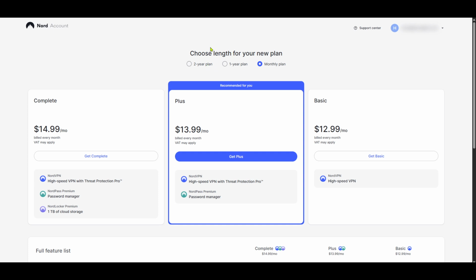And there you have it, a comprehensive guide to purchasing NordVPN in 2025, specifically for users in India. Now, you're well on your way to surfing the internet more securely and with peace of mind. Remember, using a reliable VPN like NordVPN not only enhances your privacy, but can also unlock a host of content